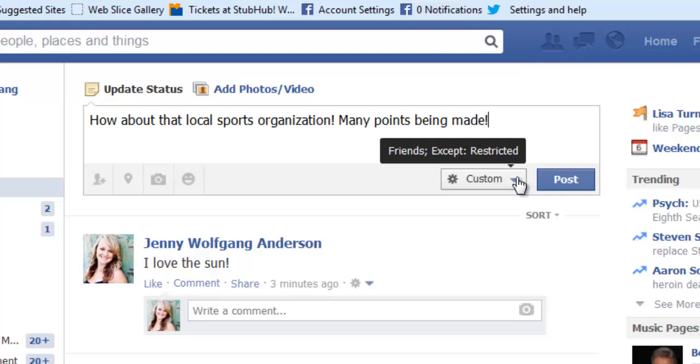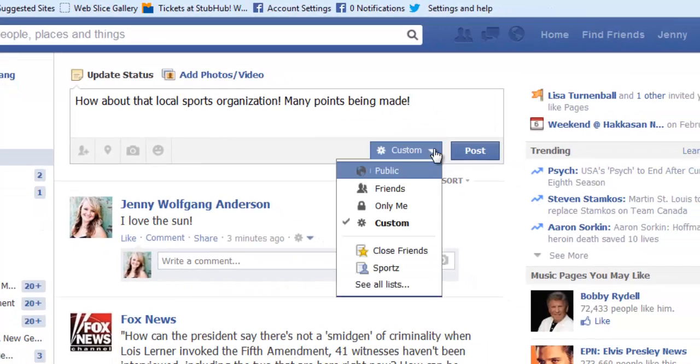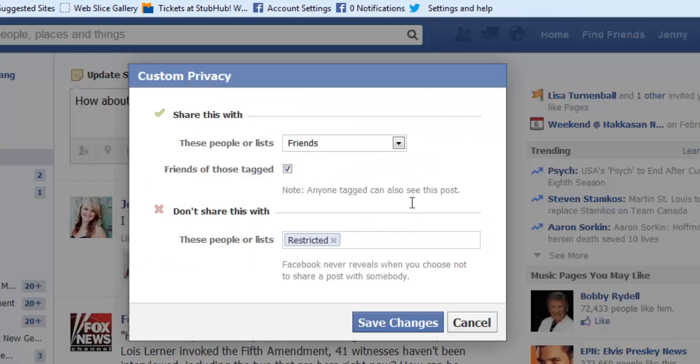So now hover over here. Again, it gives you a little window as to the current settings. Click on the arrow, custom. Share with these people or lists. Here's what I'm going to do. Instead of just everyone except for a group, I'm going to share it only